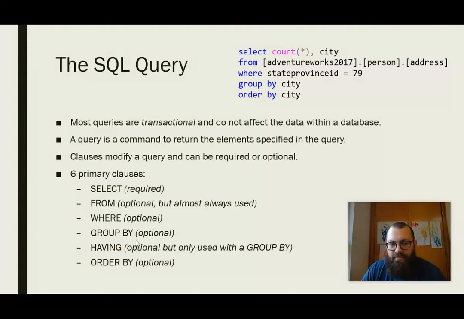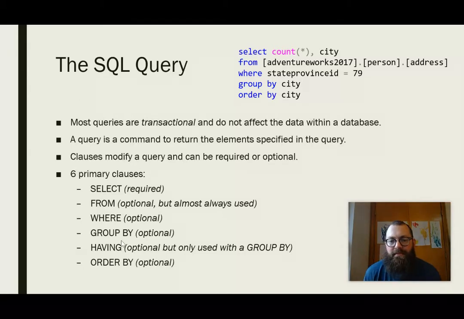There's also a group by, I'm sorry, I skipped one. The where clause is optional, but this is essentially your filter. So you can filter in and out records from the query based on certain criteria or logic. The group by clause essentially aggregates. It's used with aggregation functions, and it tells SQL what distinct values from a particular field to aggregate across. The having clause is used with the group by clause, and that's the only place that